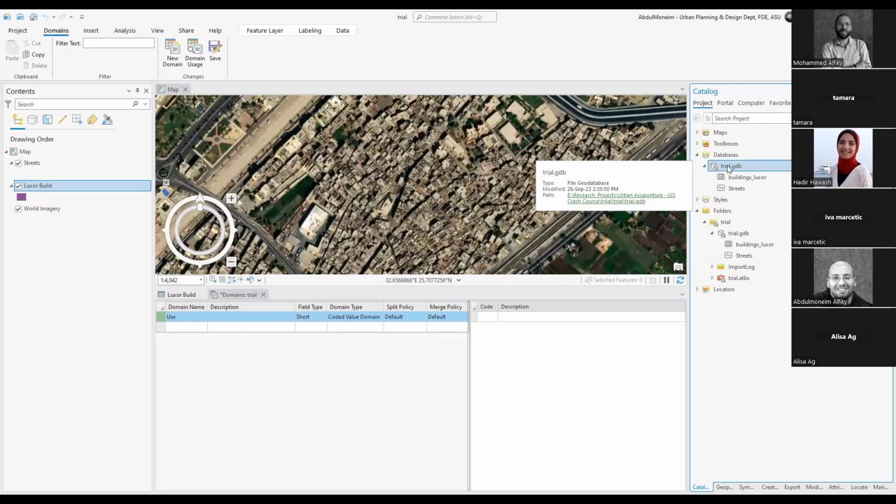From the start, this is what the system understands. Only those values are accepted. Anything else will not be accepted. Okay, how do we do that? The domains are part of the geodatabase itself. They are not part of the fields. They're not part of the feature classes. So we're going to go to